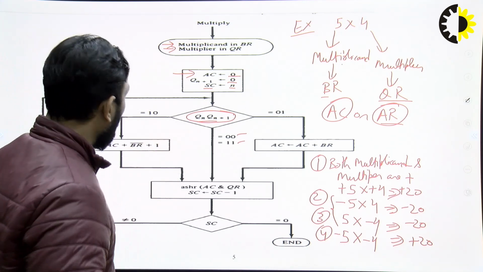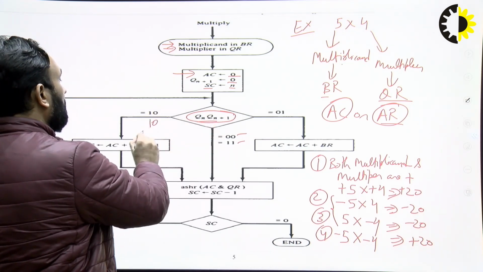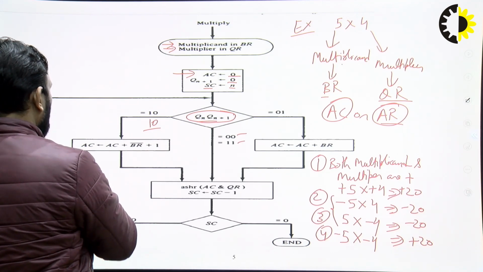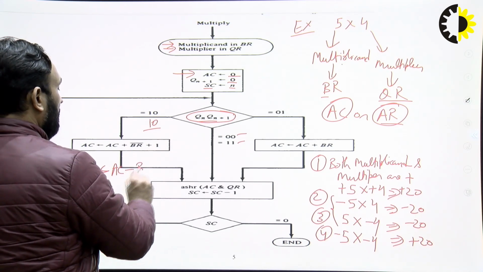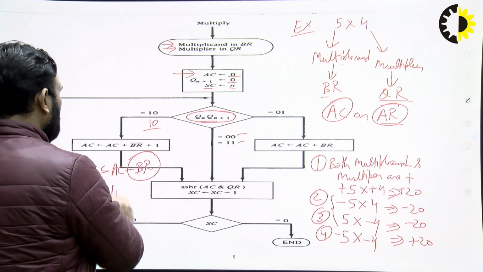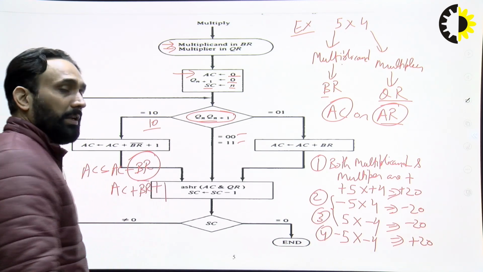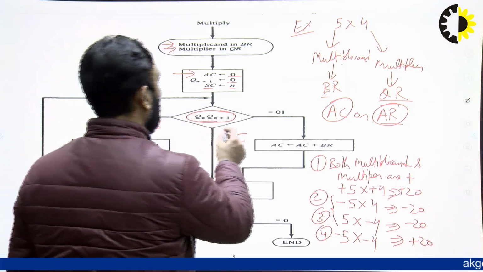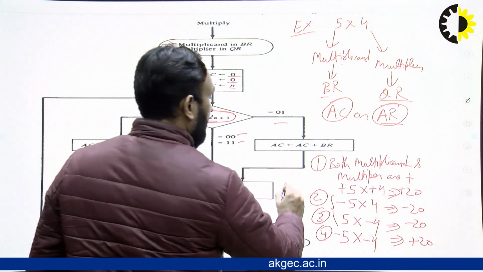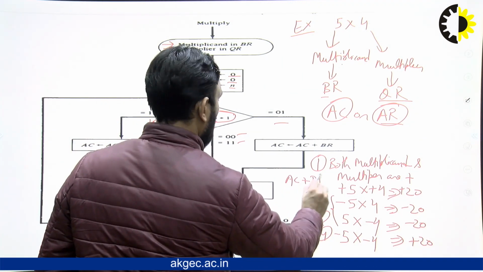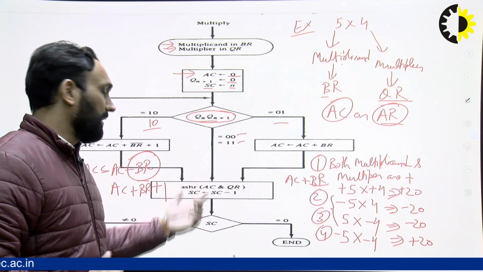0. And if the value of Qn, Qn minus 1 is 1, 0, then we will perform accumulator AC gets AC minus BR. But how do we write minus BR? That is AC plus 1's complement of BR plus 1. And if the value of Qn, Qn minus 1 is 0, 1, then we perform AC plus BR. Very simple. After that, in both cases, it will go to the next step with the arithmetic right shift